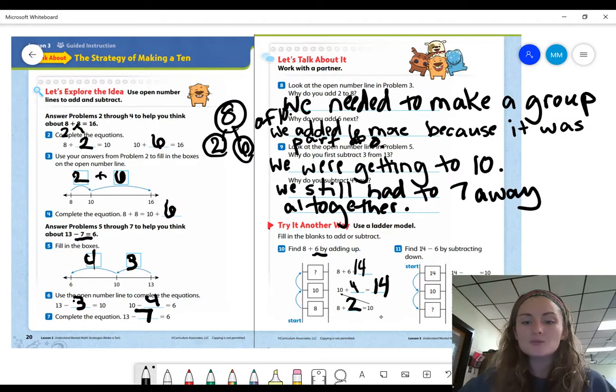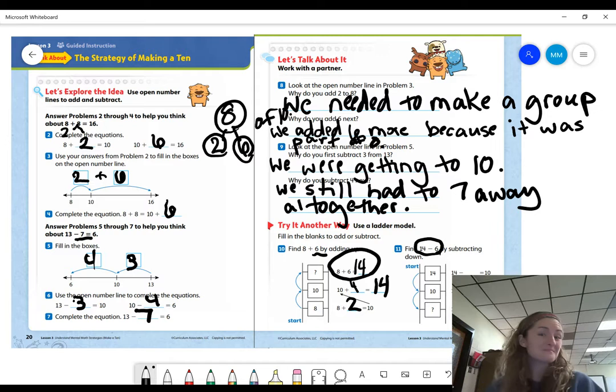All right, let's go on to number 11. It says find 14 minus 6 by subtracting down. So we're going to go down. So the first thing I want us to do, ooh, I see a fact family. Do you see a fact family? So it wants us to start by subtracting to have a group of 10. How many would I need to take away from 14 to have 10 left? I need 4, right? So I could also count on from 10 to get to 14, 10, 11, 12, 13,